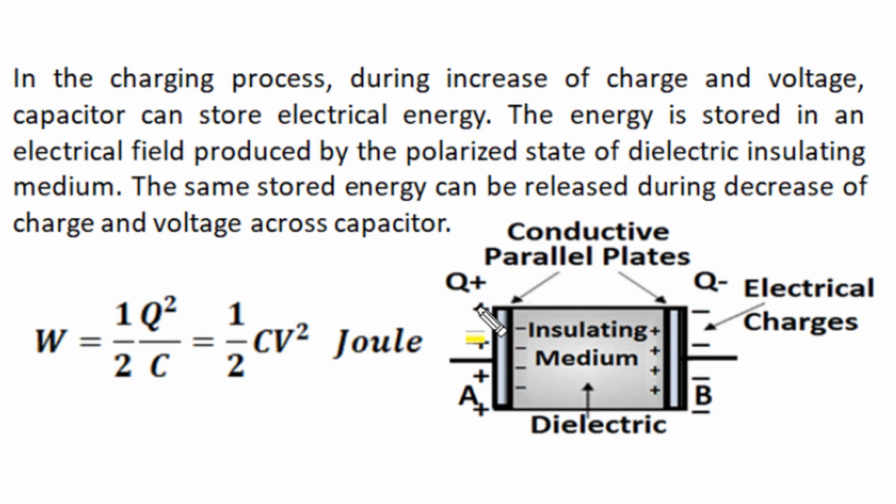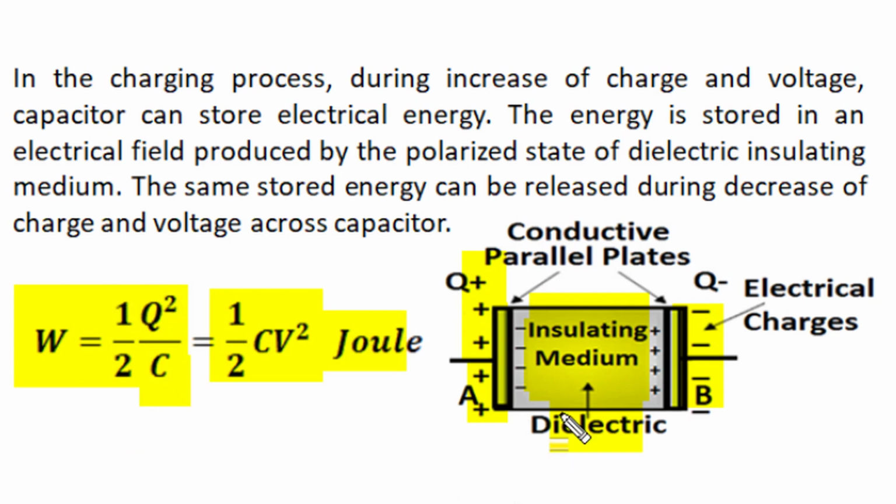In the charging process, when equal amount of opposite polarity charge on plate increases with increase of voltage across capacitor, the in-between dielectric insulating media also gets polarized, and this polarized state of dielectric media stores electrical energy. Now the same stored energy can be released during discharging process when the charge on plate or voltage across capacitor decreases. For a capacitor of capacitance C farad, when voltage across it is V, then its stored energy is half CV square joule. And in terms of charge on plate, for C capacitance capacitor, the stored energy is half Q